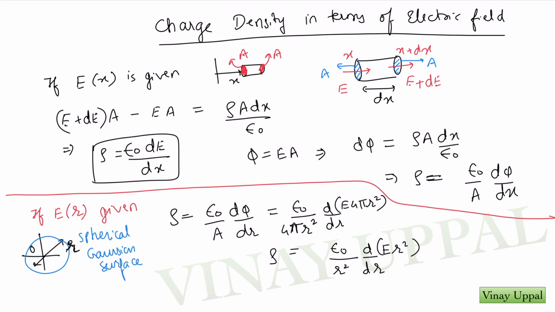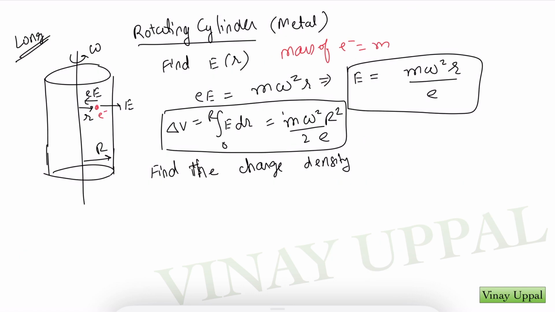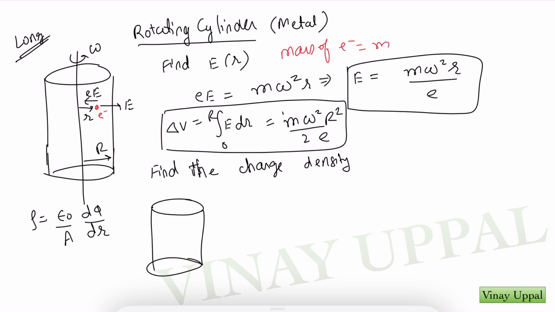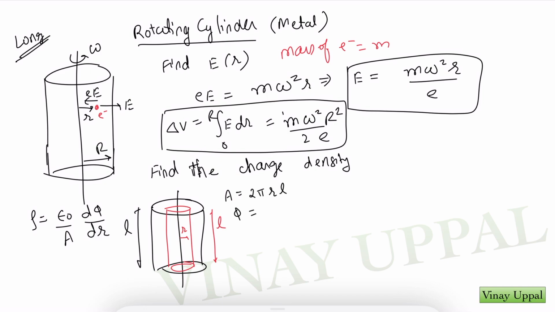Here in our particular question we have a cylinder. So just keep this expression in mind. We have rho is epsilon naught by A d phi by dx. So here d phi by dx would be d by dr, and what will be A? A will be the area of the Gaussian surface that we will consider, which will be cylinders now. So let me take the length of the cylinder to be L. So can I write area will simply be 2 pi rL,